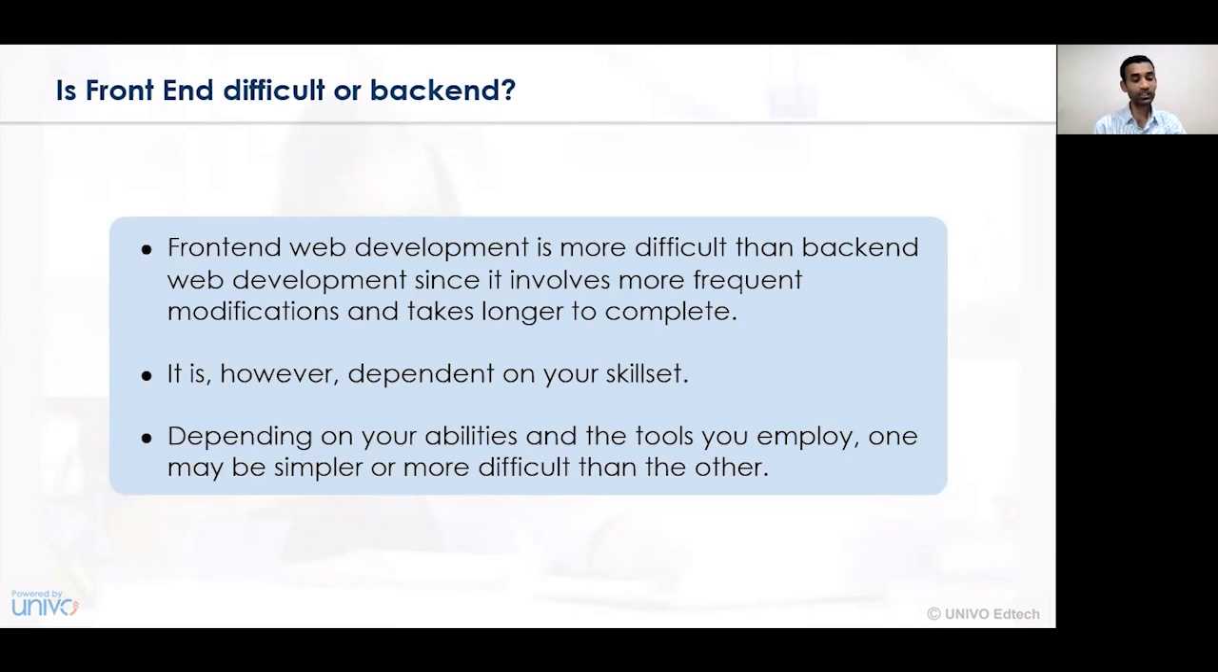Now let's understand, is front-end difficult or is back-end difficult? Front-end web development is more difficult than back-end development because it involves more frequent modifications that have been undertaken over several points in time. So the front-end activity is considered very difficult because we have to handle several activities